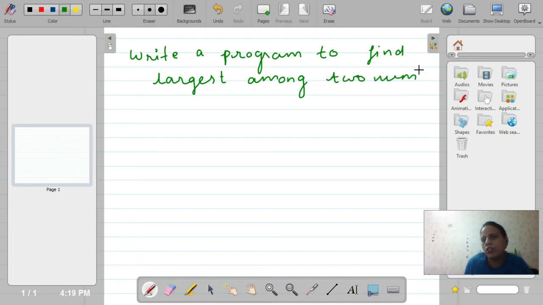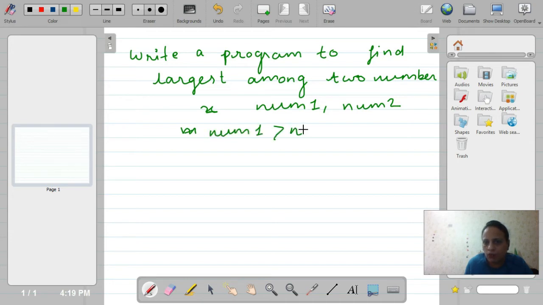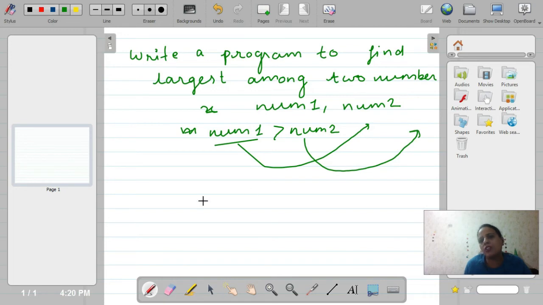Let's say we have two numbers, num1 and num2. We will check if num1 is greater than num2, then num1 will be the largest. If it is not so, it means num2 will be the largest number. So simply by a single statement, by the conditional operator, we can write this program.